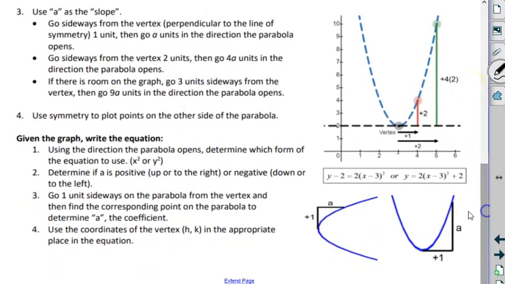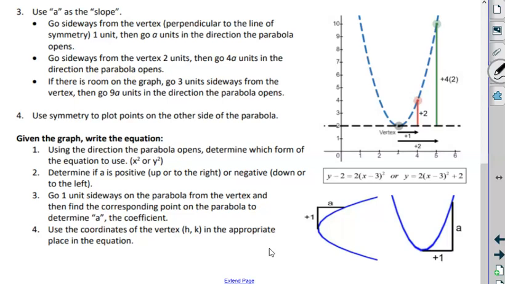If I am given the graph, I could also use those same characteristics. I could use the vertex to find h and k, and then going sideways from the vertex, I could go 1 unit and then figure out what my first stretch is. That would be the coefficient a. Okay, so those are some tips on graphing